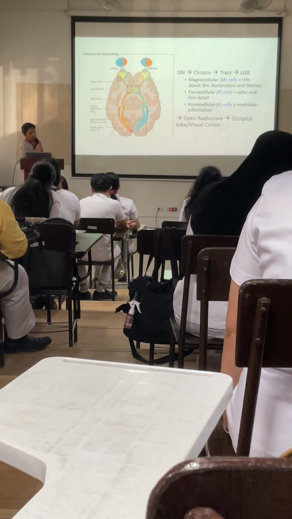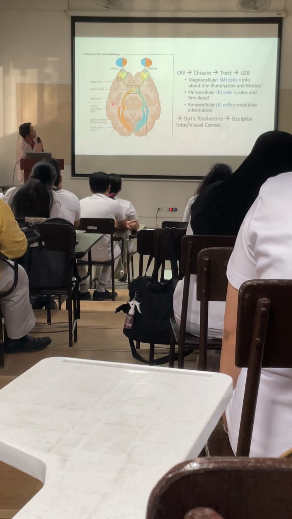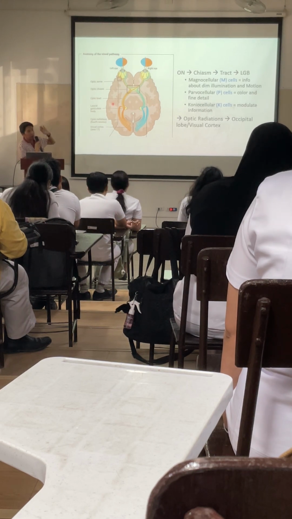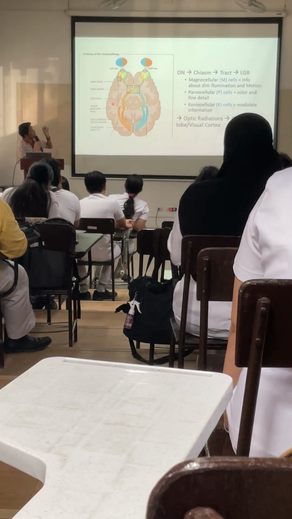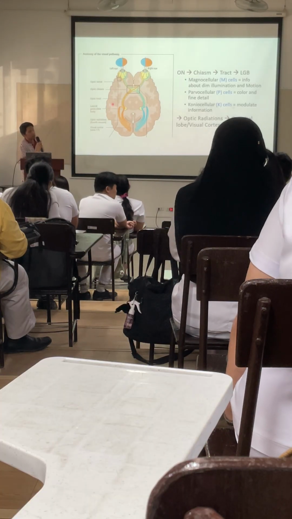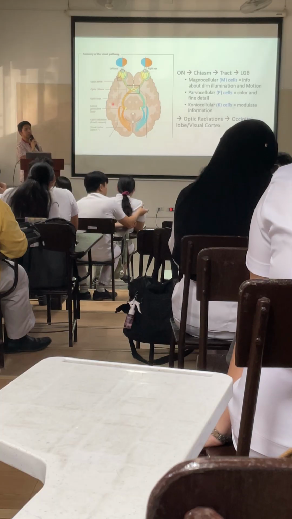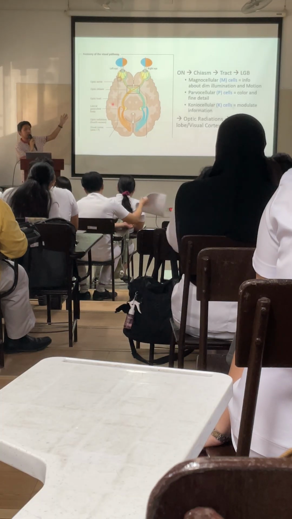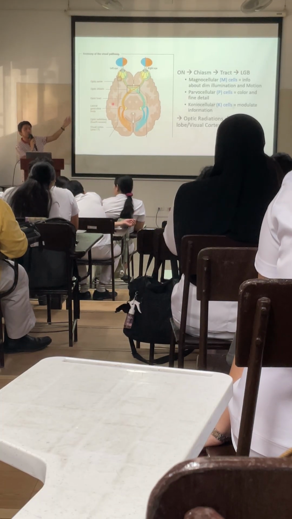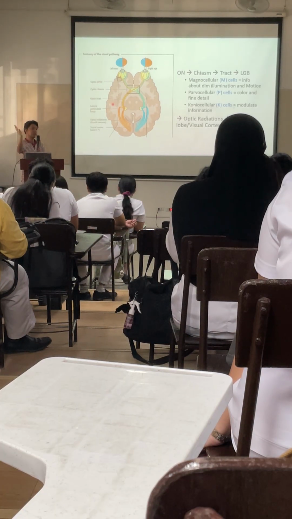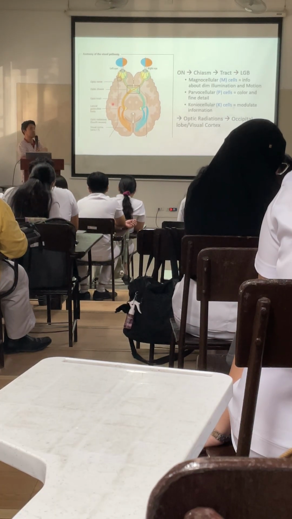So if you notice in this picture, your fields are colored as blue and orange. So nasal and temporal fields. So the eye is very confusing. It flips images. So what you see in your temporal field goes to the nasal retina. What you see in your nasal field goes to your temporal retina.